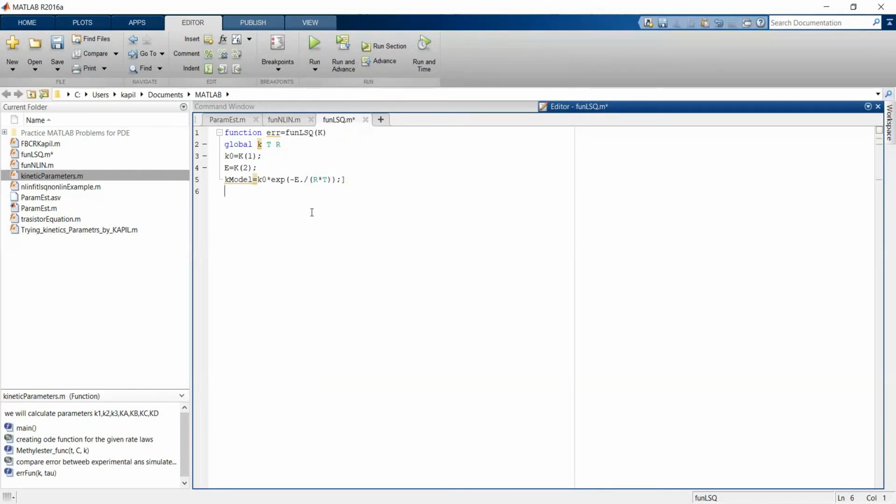And we will calculate the error. ERR equals absolute value of K minus K model.